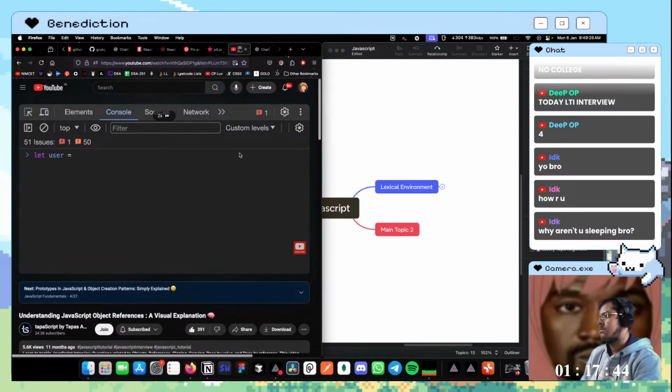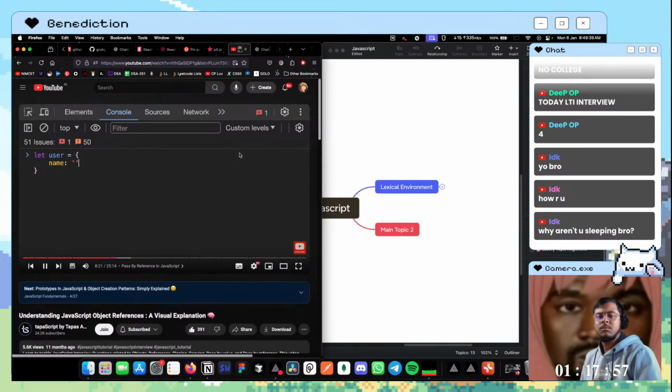Let's create an object called user, and it can be created with a pair of curly braces. If you don't specify anything within it, you are creating an empty object. But if you need some property within the object, you'll be creating them with key value pair. Key can be a string and the value can be any of those primitive data types, including string, number, boolean, whatever, right? That's when I told you the primitive data types are the basic data types, and when you create a non-primitive thing like a complex thing, you'll be using those primitive data types. So the user object's property value can be any of this non